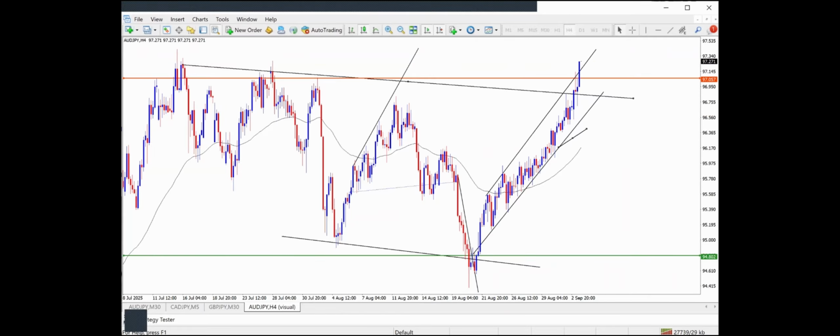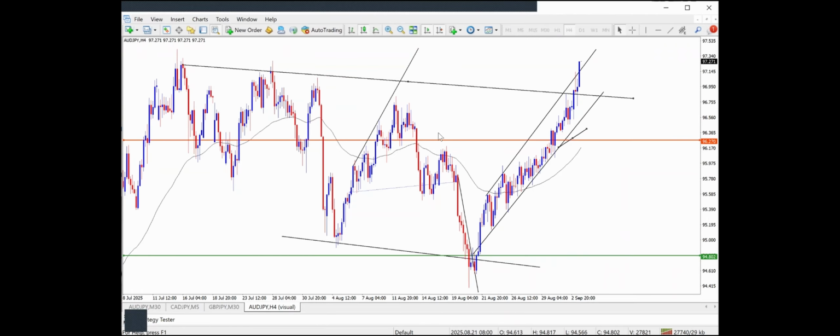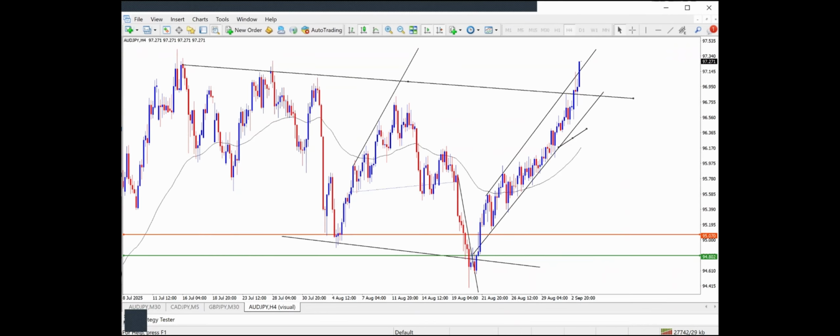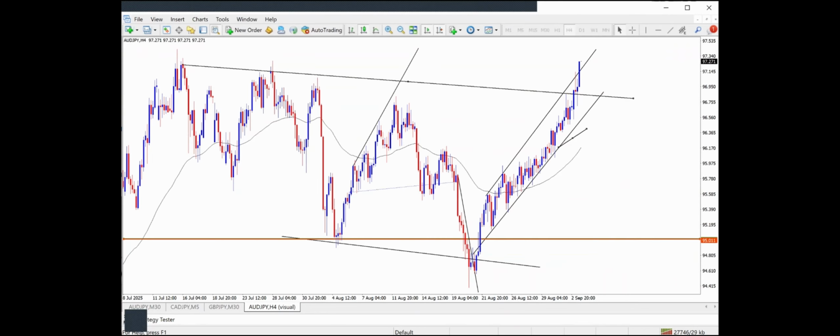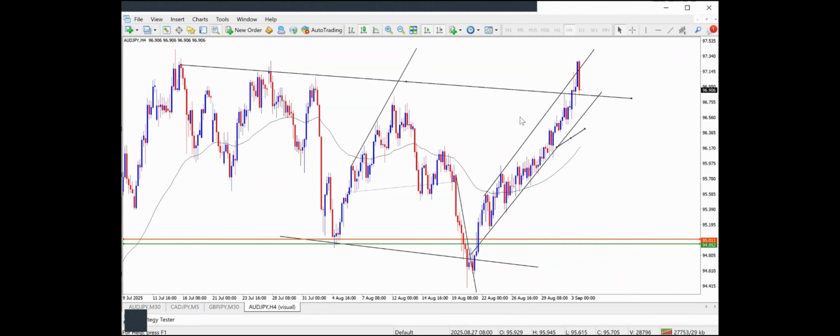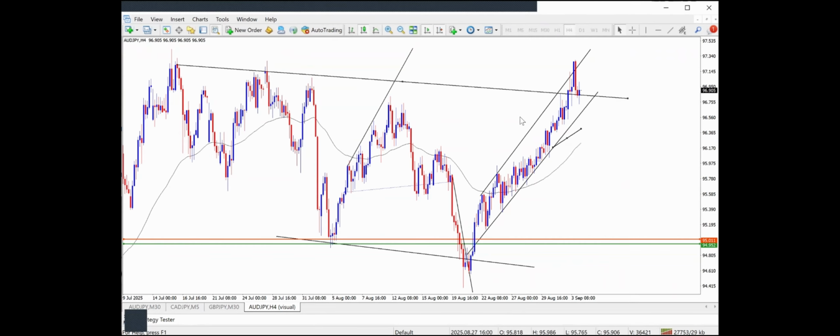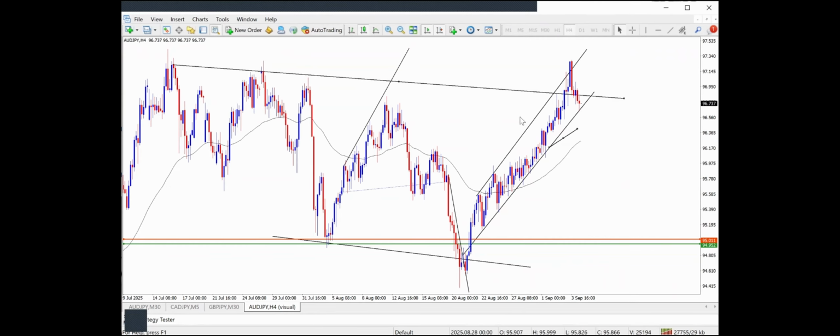Out here, because now we are outside of this line, the only trade that we would be looking for from here forward until we get more structure would be longs. So let's let this play out and see what it gives us. Nope, that was a great exit. Okay, there we're at